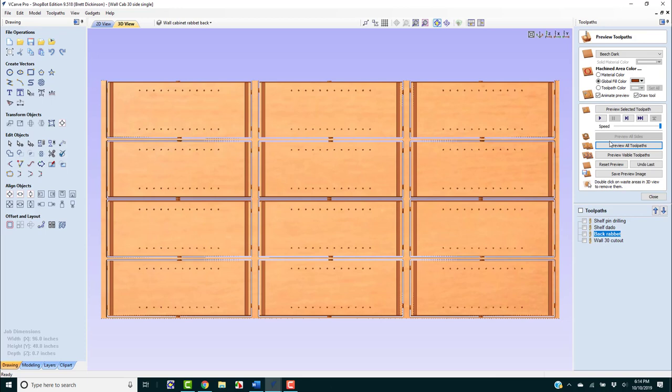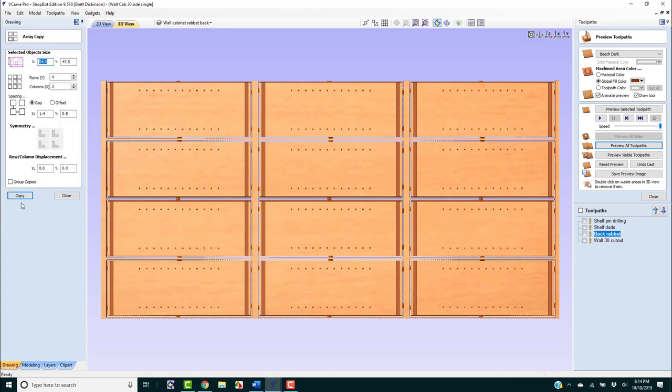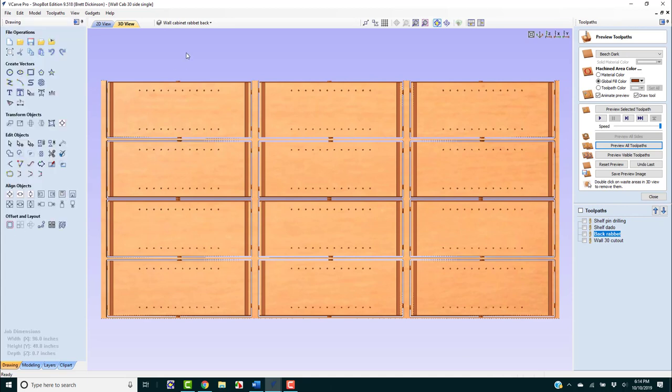So if you have something that you want to create a mirrored copy of, you're going to be better off going with this tool, the array copy tool, and then making sure that you have got everything on a separate layer so you can select these toolpaths much easier than if you have them all at the same layer. It might be okay just for one piece, but that's the one good reason for separating things out, especially if you're going to be doing multiple copies. Separate these out into individual layers so that it makes it much easier to, when you do an array copy, you're able to select them and do the